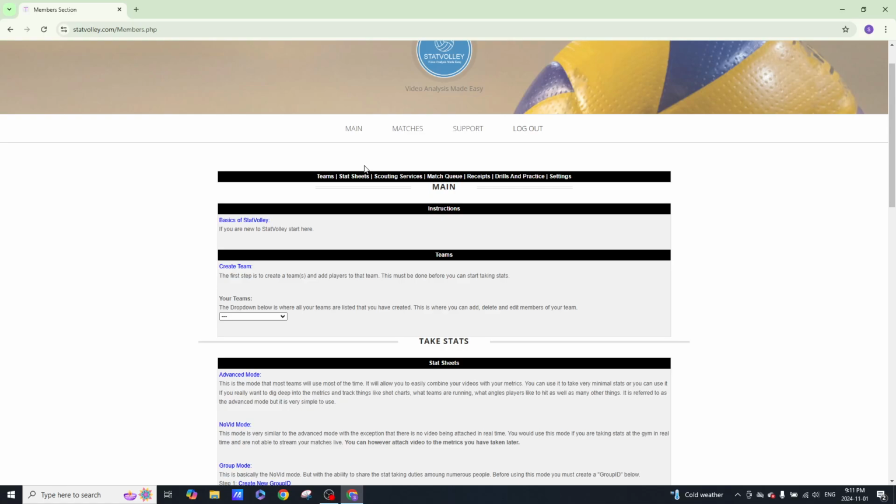Taking stats in real time can be overwhelming. It can be difficult for one person to keep track of everything that is happening during a match and then take stats on it when you do not have access to the video. Group mode was created to combat this problem by allowing the stat taking duties to be split among a number